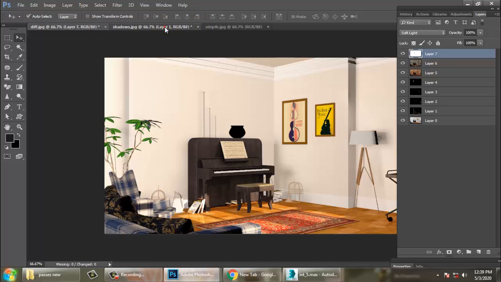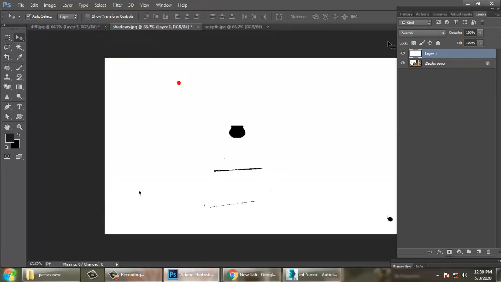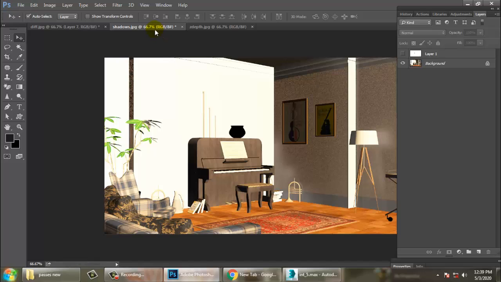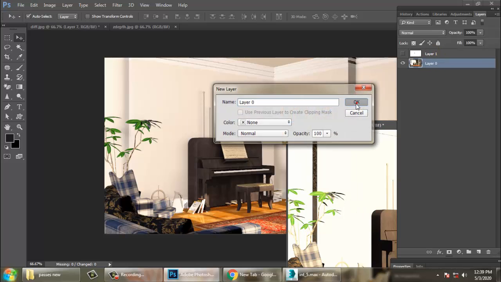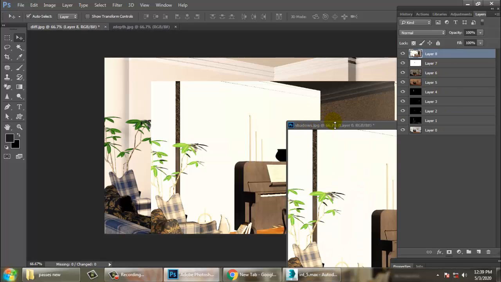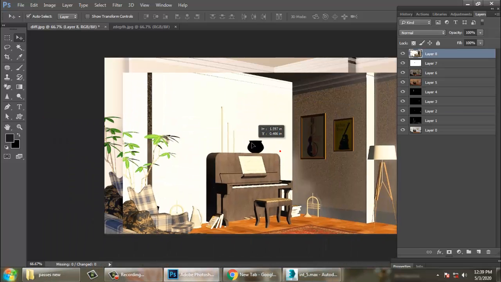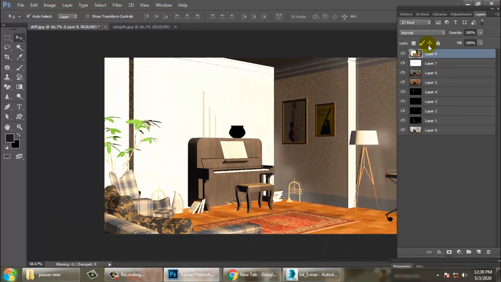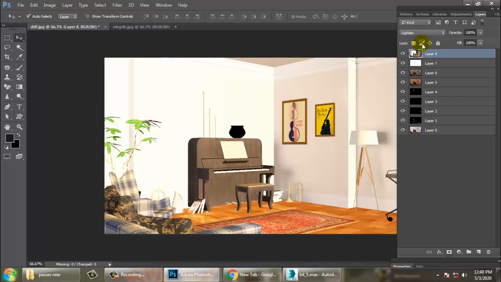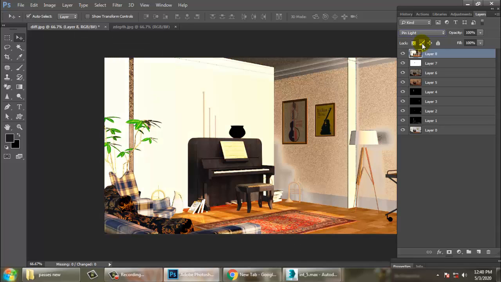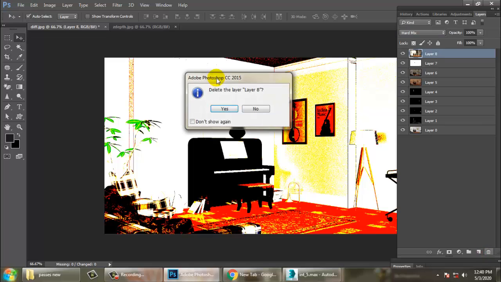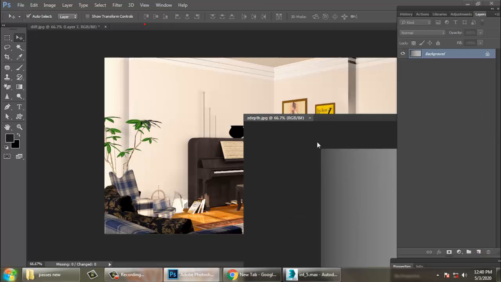Then your shadow pass. We need to work with the samples for this, so I'll just delete it for now. And your Z depth.